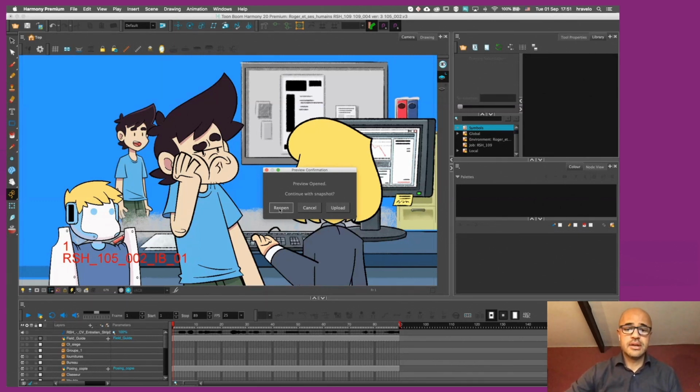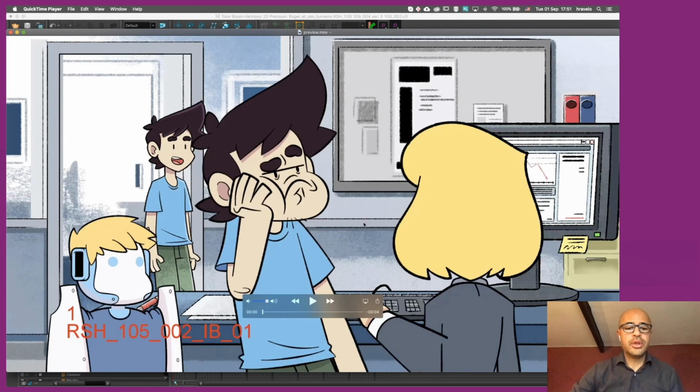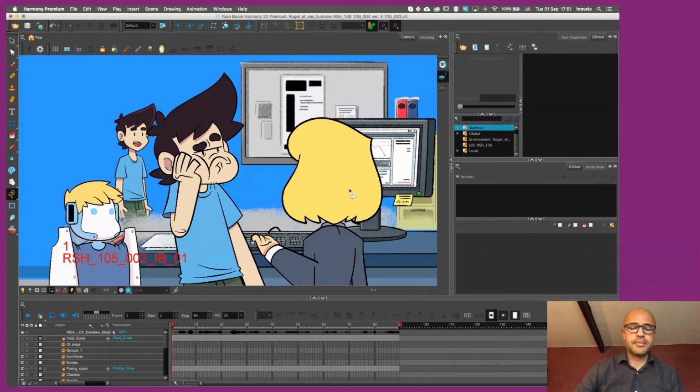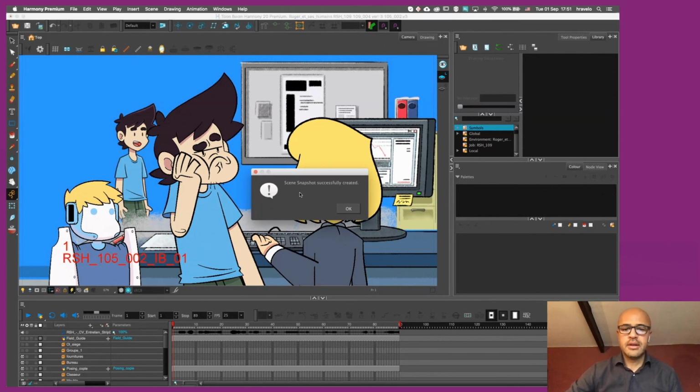Once it is complete, we can open the preview in a player. We can have a look at it, and if we're satisfied, we can click on Upload. Once done, Harmony will tell us that the scene snapshot is successfully created.